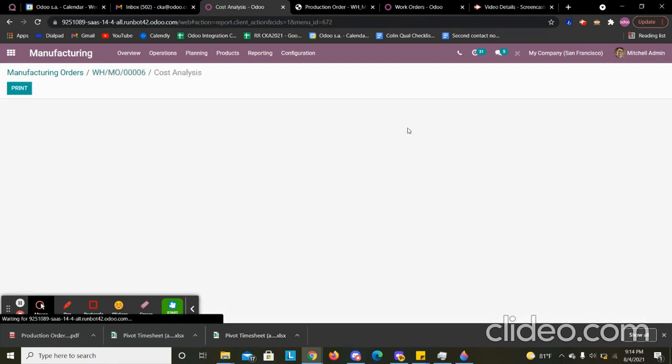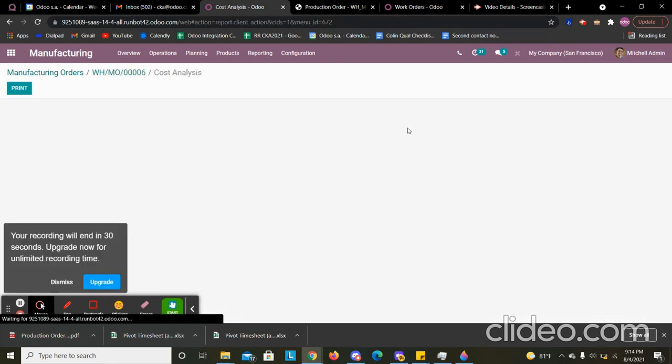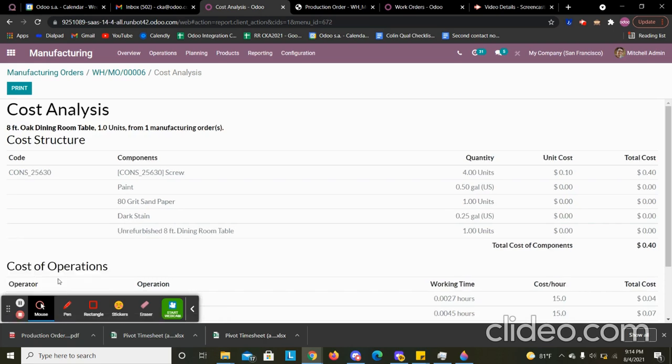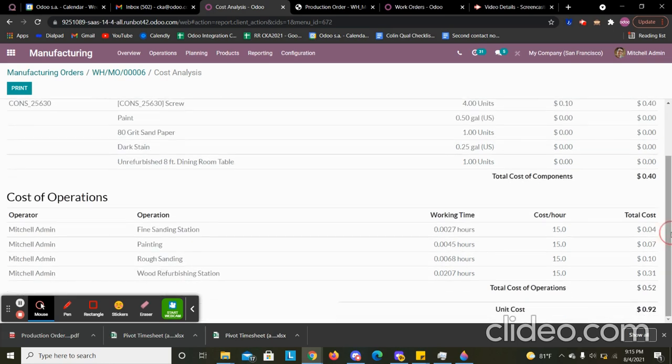I can now go into my cost analysis. One of the most important parts for process manufacturing is, what did I spend? So this would be the cost structure, the components that were used. I didn't include unit costs on most of the products. Some of them had them, but you would see your cost there. And then you also see the cost per workstation. So based on what that employee costs and the operator we see here, that will specify, and also based on the operation,